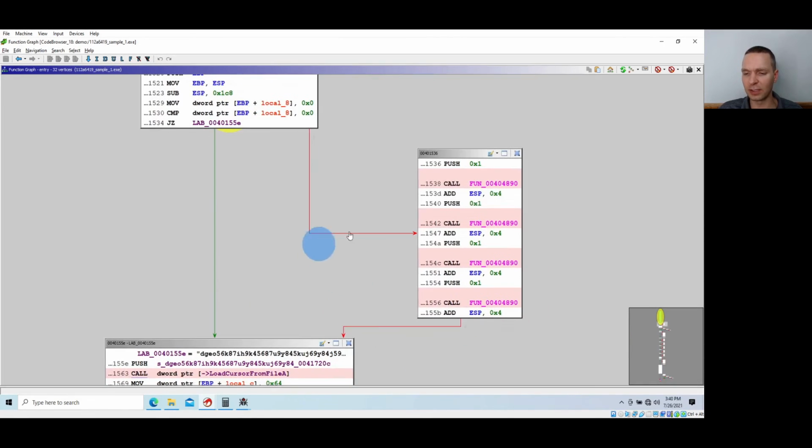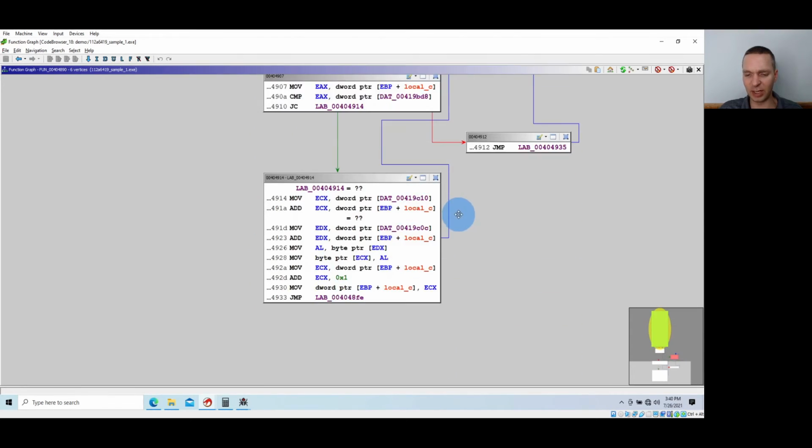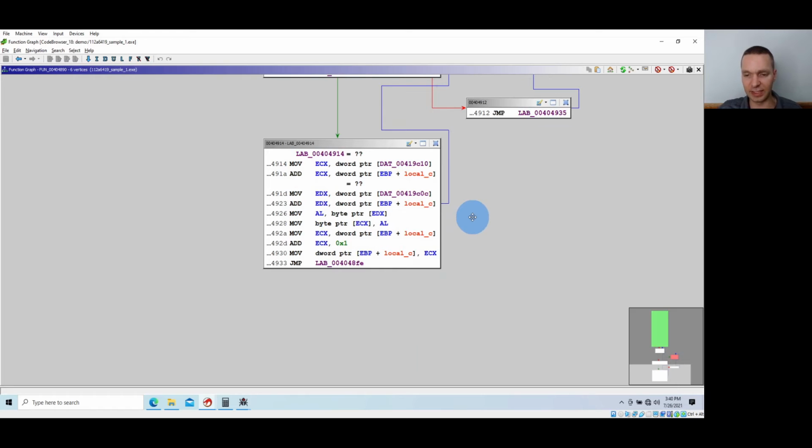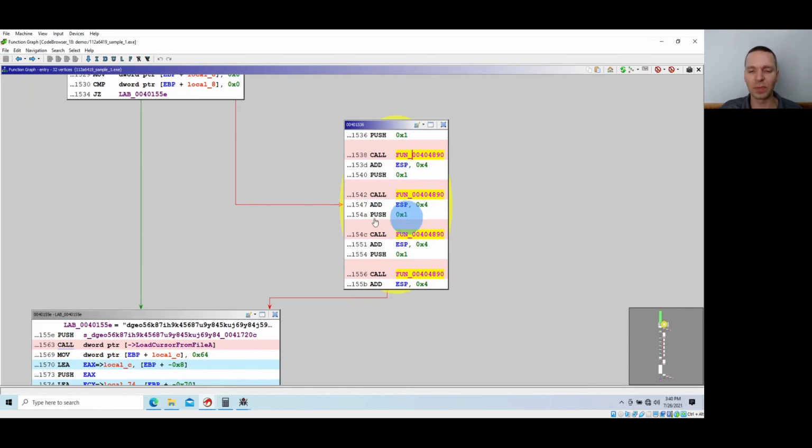As I scroll through here, I see the repeated call to the same function with no big arguments. So let's double click this. I scroll through here and don't really see any major API calls. So I'm going to hit Alt-Left to get back. And I'm really just looking through here, since I think it's potentially packed, to see: are the API calls standard? Did it look malicious? Or did it look like an unpacking stub